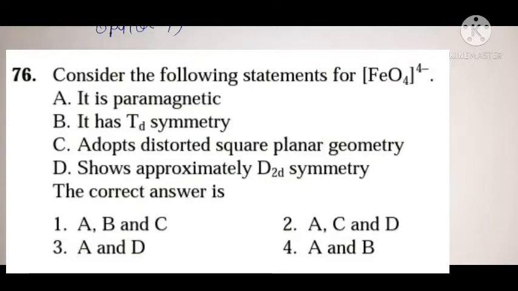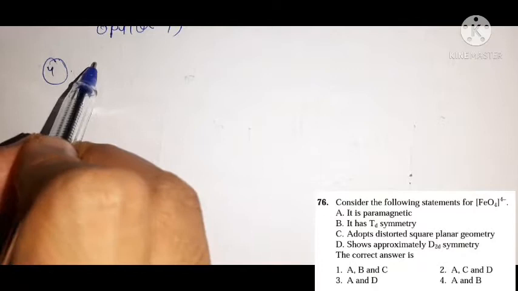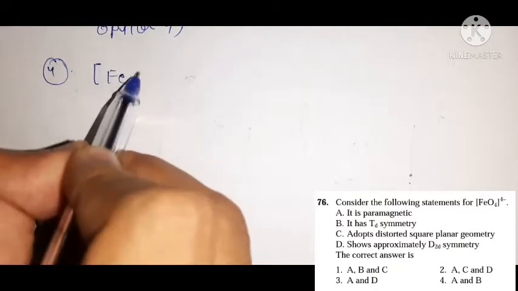Okay, and this question is coming for 4 marks, that means it is related to your part C. So now let's do the solution of this question. So this complex of iron is given,